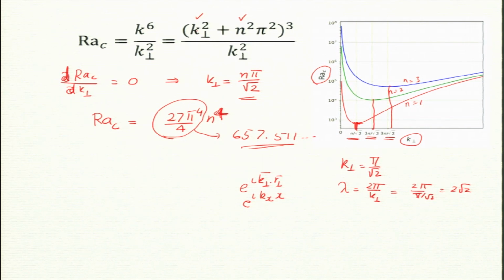and the vertical dimension is n equal to 1. So, in the vertical direction I have sin pi z. Remember I told you it is a non-dimensional box, so z equal to 0 and z equal to 1. So, the vertical dimension is 1. My box is basically like this. This dimension is 1 and this is 2 root 2